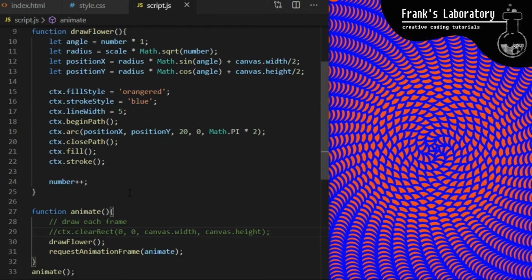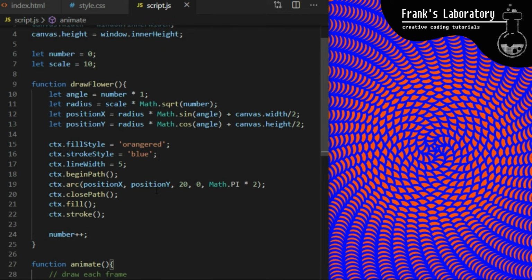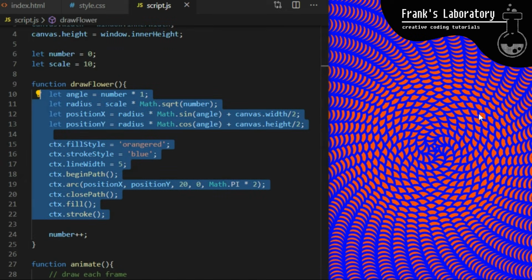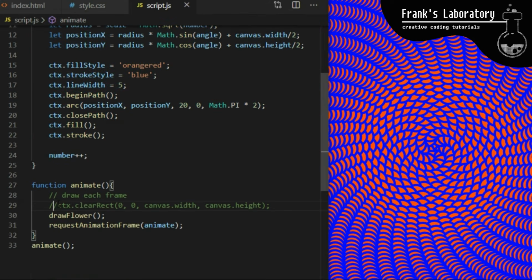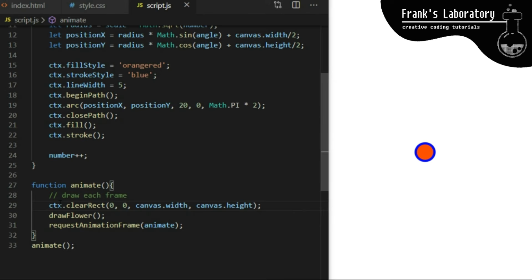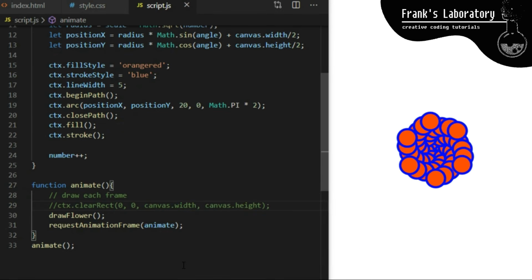To prove to you that this is just one particle spinning around that draws our effect, I can just go down here to line 29 and I can uncomment clearRect, which will remove old paint between every animation frame. Now you should be able to see what's happening with this effect. Single spinning particle that draws everything. I comment it out again and let's do some experiments. Let's make it look good.